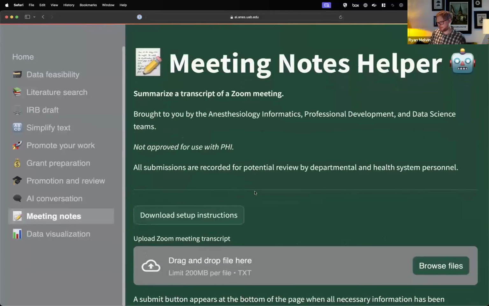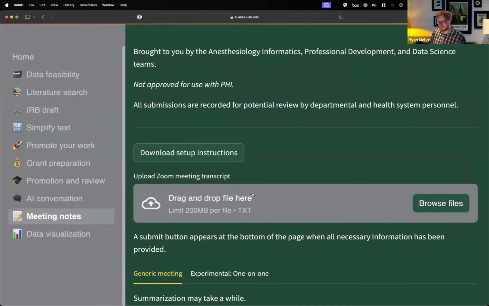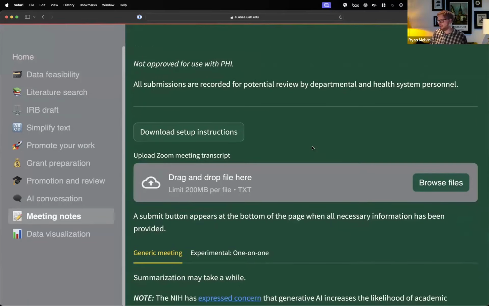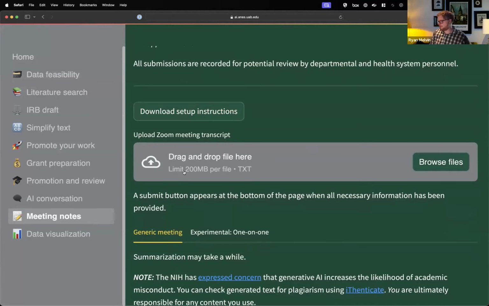Our most popular tool that shocks me to this day that this is the winner is our meeting notes tool. And this is currently used across the institution. We know for certain the CMO's office even uses this. And we know that our perioperative services folks use this for basically every meeting that they're in. We have setup instructions here, but the short of it is if you're collecting